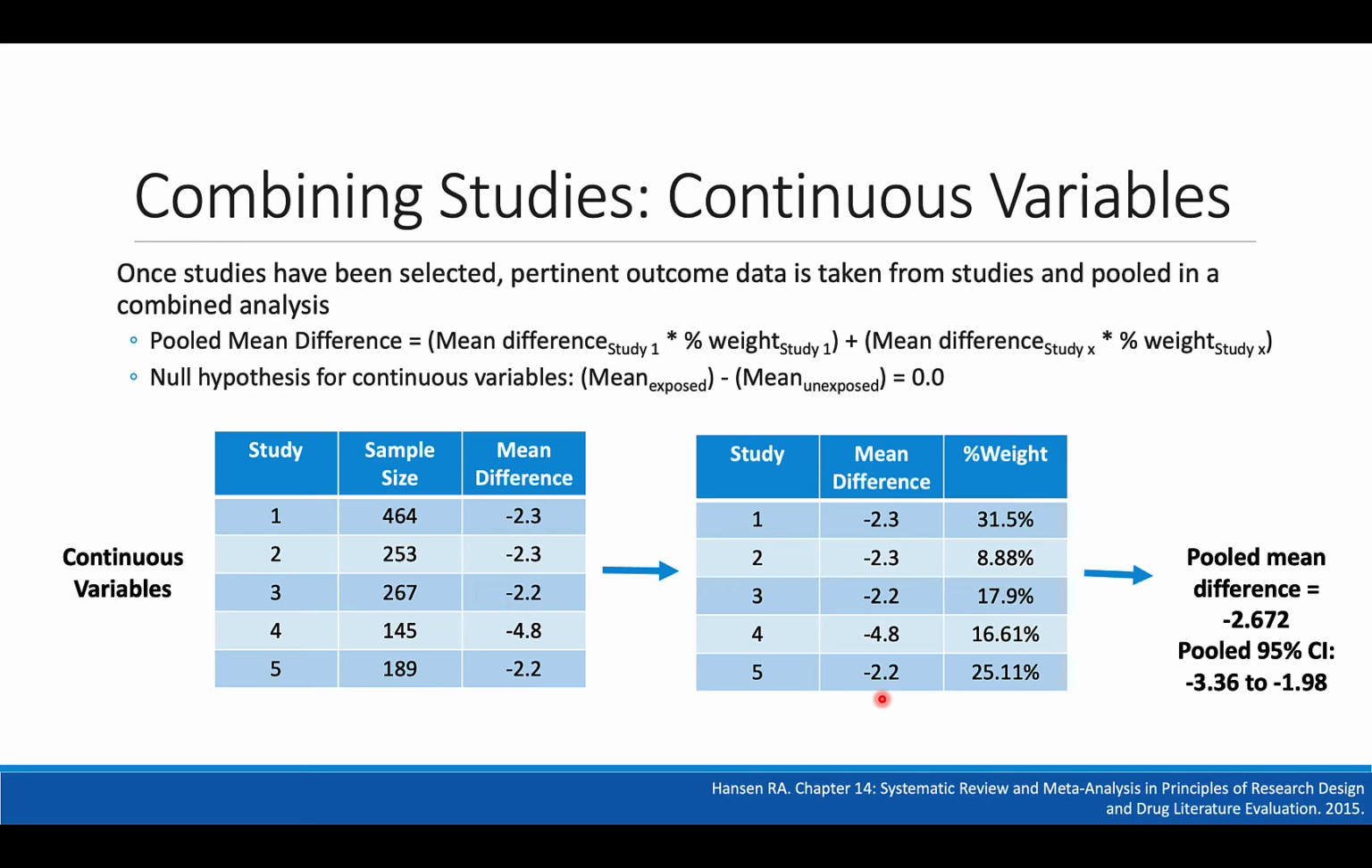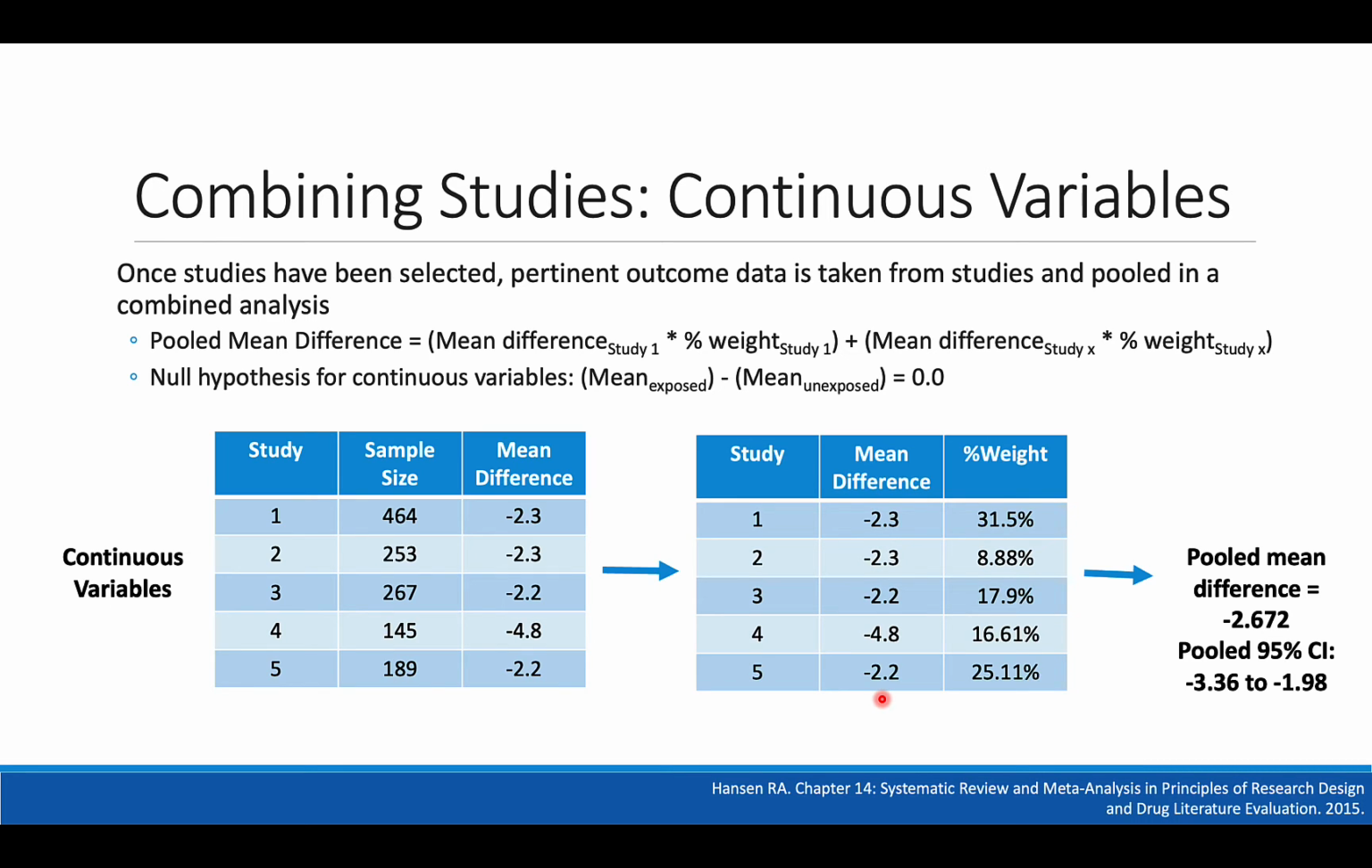If we had continuous variables for our 5 different studies, we don't look at relative risk, we look at mean difference and how far away that is from 0, as opposed to if they were nominal variables and we're looking at relative risk and how far away that is from 1. So when we're pooling mean difference, it will be very similar to the relative risk example. We'll take the mean difference of study 1 times the percent weight of that same study, plus the mean difference of study 2 times the percent weight of study 2, and so on until you've summed up all of your